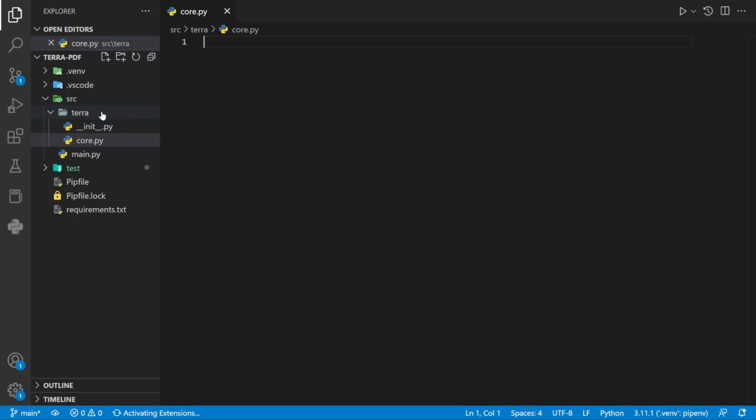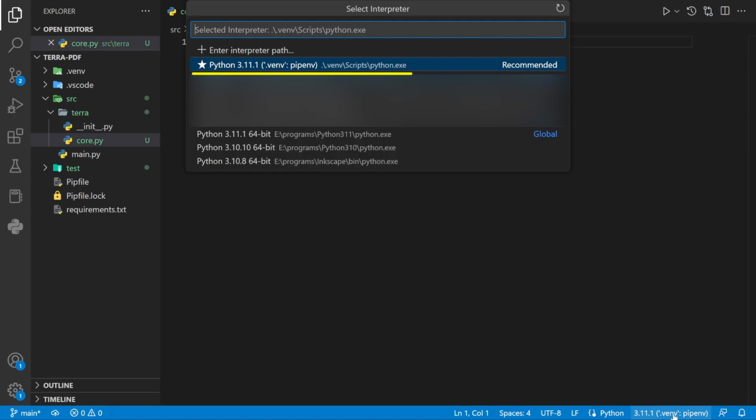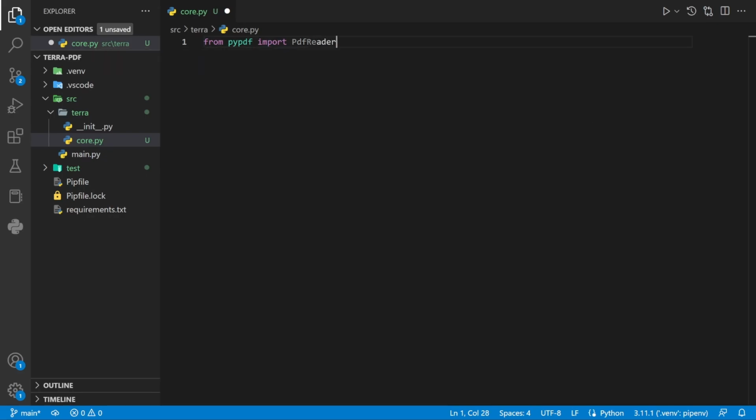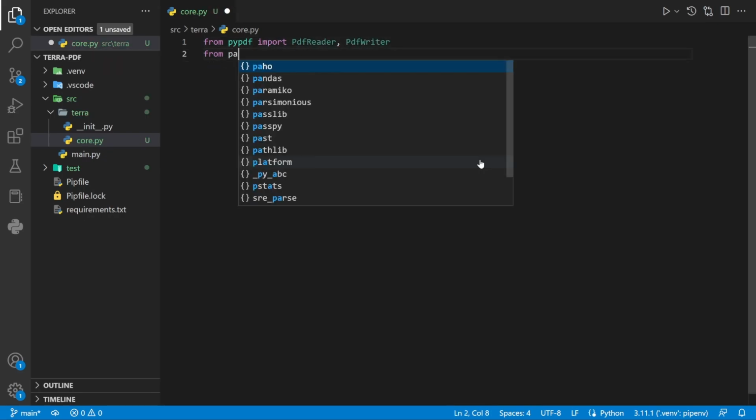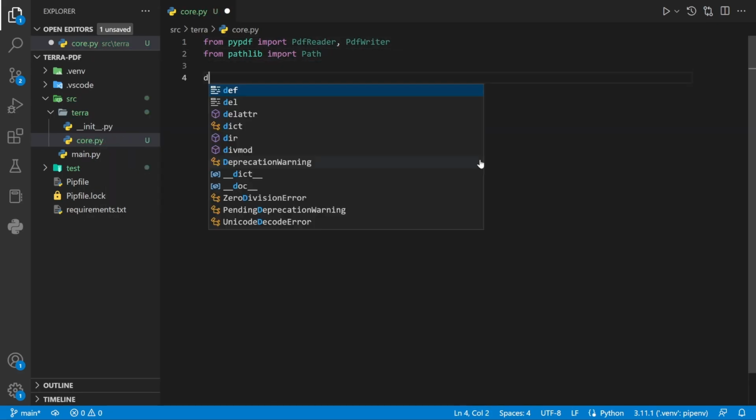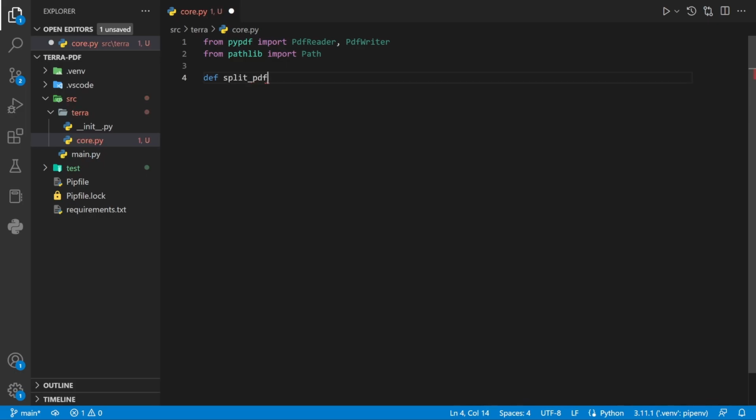Before we start coding, make sure that you have your virtual environment selected in the bottom right as your default interpreter. This will make sure that the Python linter is working and can detect the modules we've installed. Moving on, we'll import the PDF reader and PDF writer classes from PyPDF, as well as the path class from pathlib. Next, we'll write up our function prototype, using type hinting so our editor can provide more meaningful code suggestions. Type hints also provide a good foundation for further performance optimization with Python once we reach the compilation stage. For now, we'll just write pass and move on to the code that executes when this file is run directly